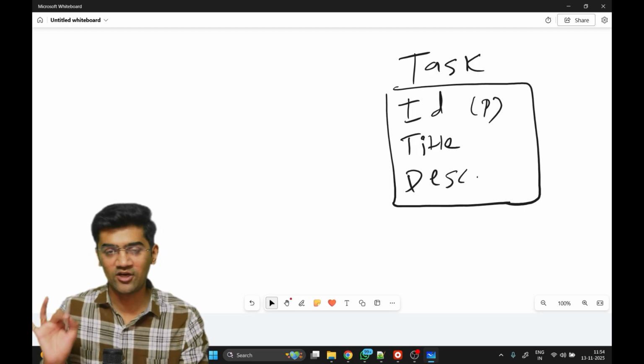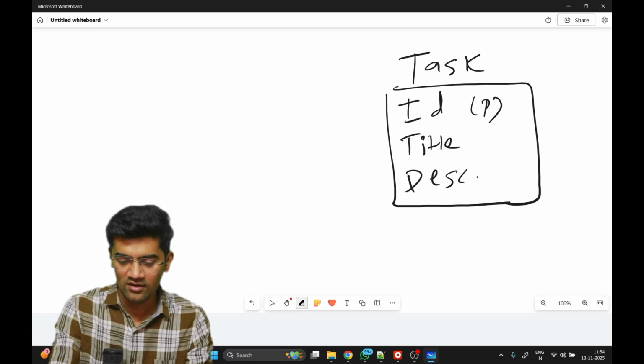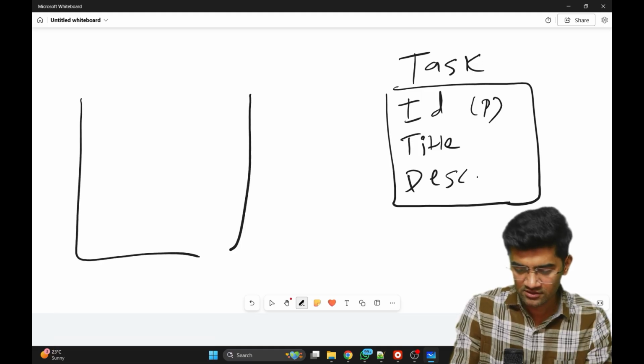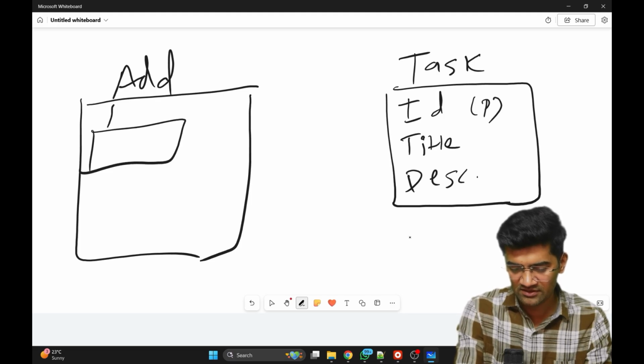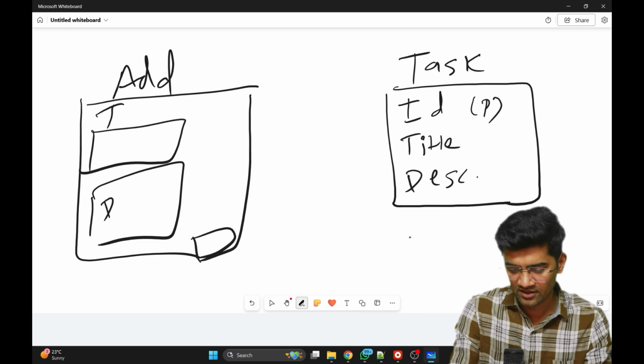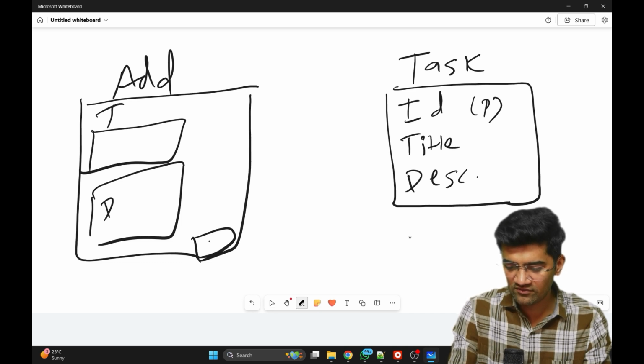These three attributes this table will be having. Then we will design a page, add title, add task. Here we will be having title, here we will be having description, and the save button. Upon clicking on save, it will call the add function, a server action, and in this server action we will